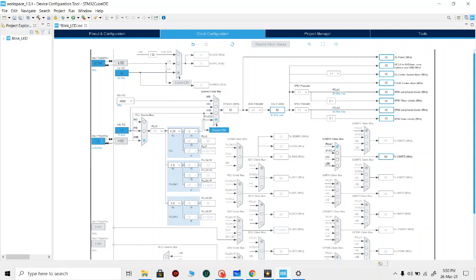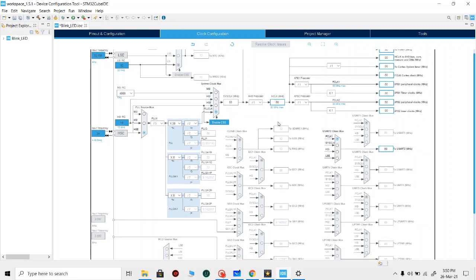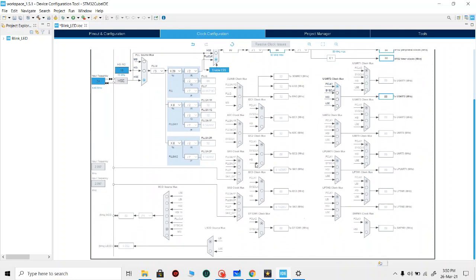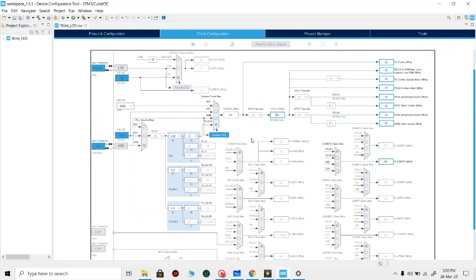Maybe we can configure the input to 24 megahertz, and then select 80 over here. So now the input frequency will be 24 megahertz, and the frequency supplied to the core of the CPU will be 80 megahertz. That will be used for the cycles of the CPU. You can also configure output, but we are not doing it here.